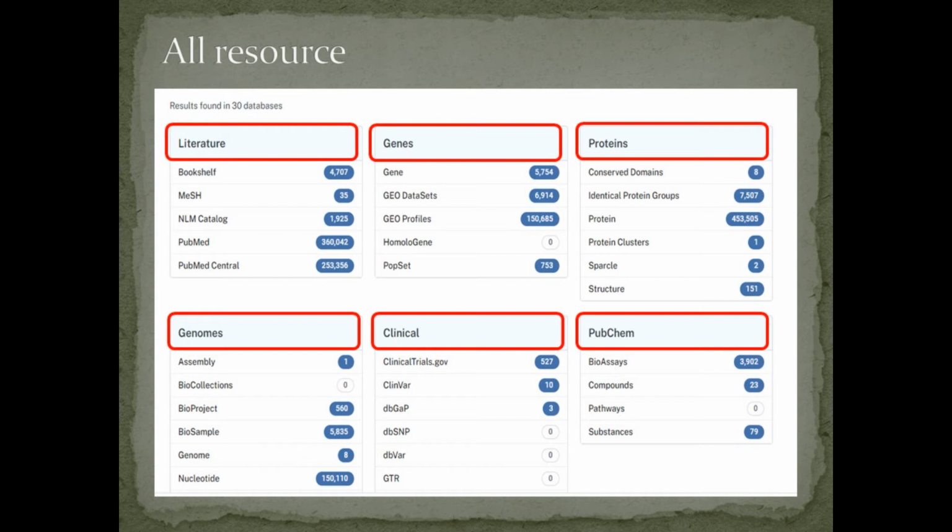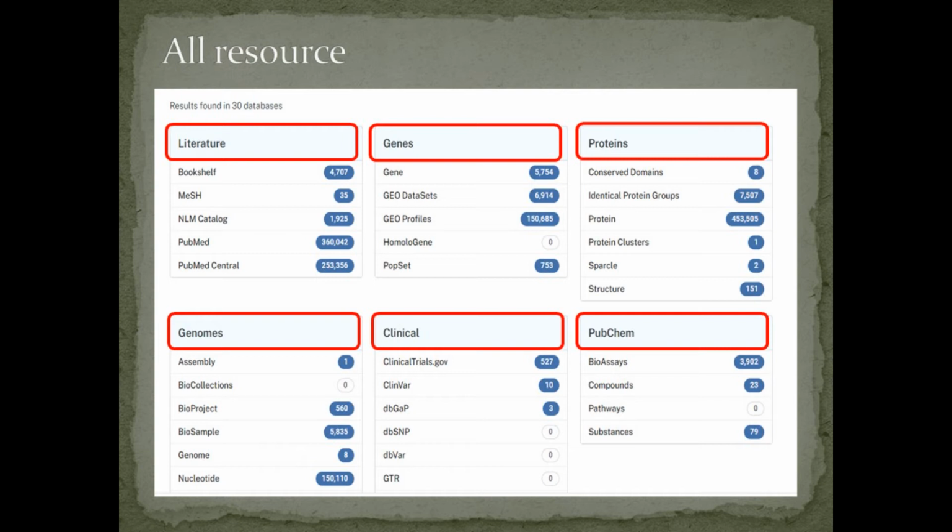Similarly, in the gene section, you can see Gene, GEO DataSets, GEO Profiles, HomoloGene and PopSet databases.